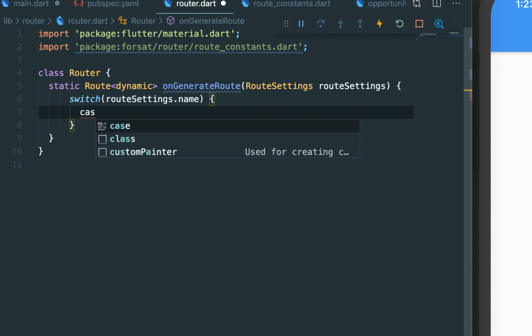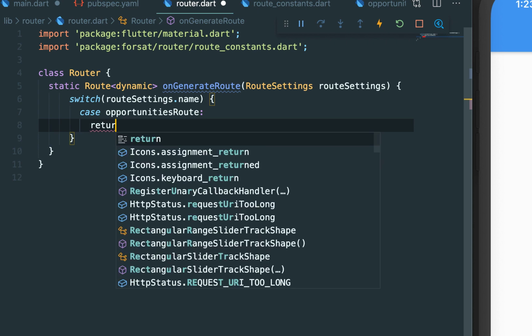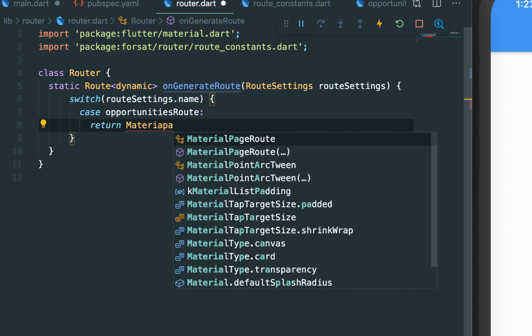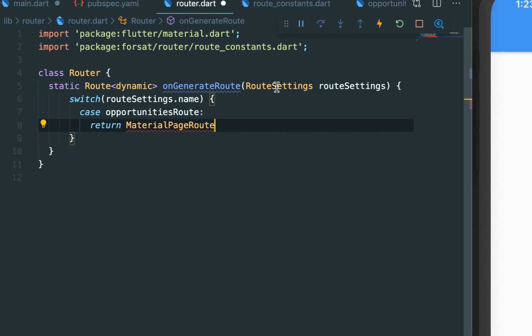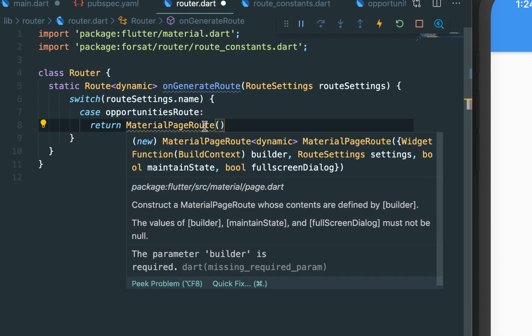So the case, this is the opportunities route. If that is the case, what we want is to return this material page route, and this material page route, we need to have this one, and this will have a builder. And if you hover it, yeah, this will have a builder, and also will have this route settings,